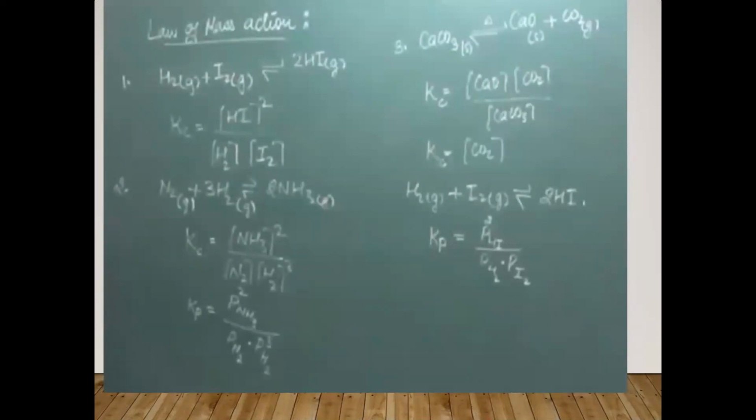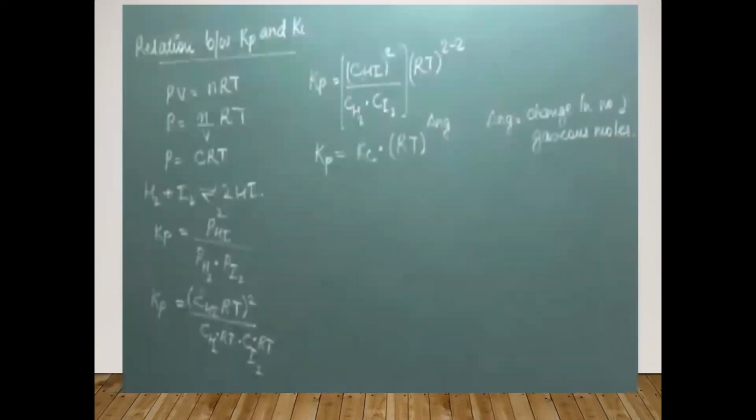But if we have a reactant or product, or one of the reactants or products, in solid state or in liquid state, then we will calculate in terms of concentration. Clear? Now, what is the relation between this Kp and Kc? Is there any relation? So we will derive the relation, which is very important from the examination point of view. This derivation can come, and otherwise the formula which we will derive, you will use in a lot of numericals.